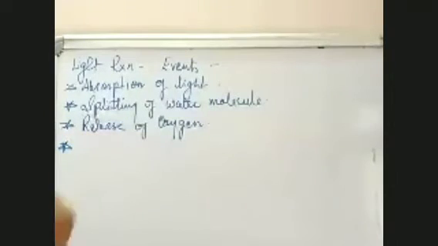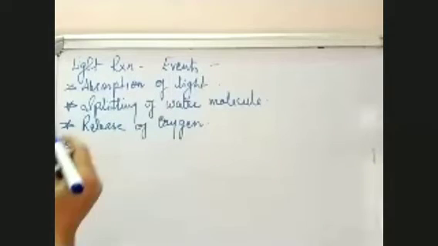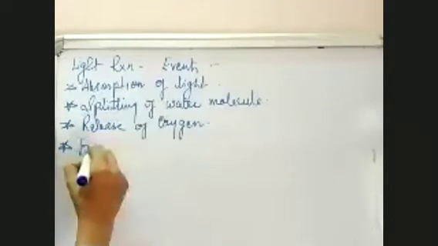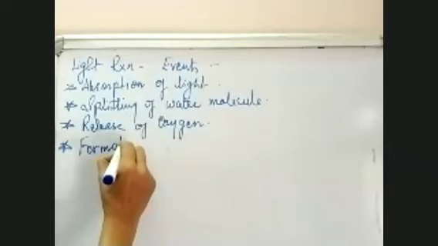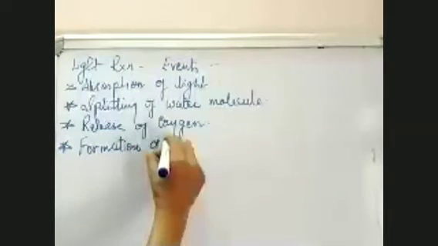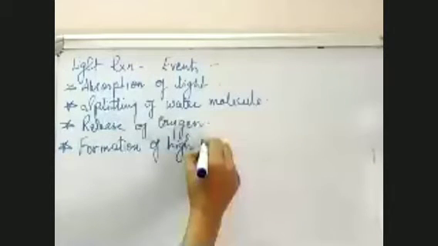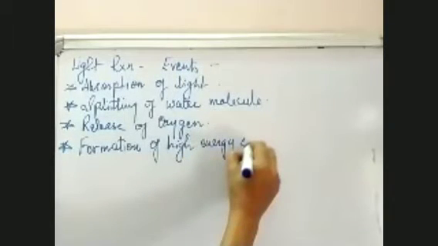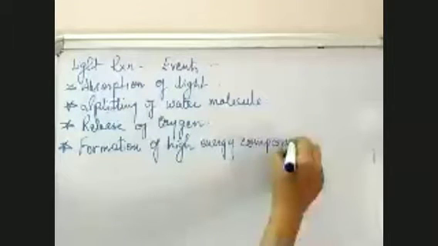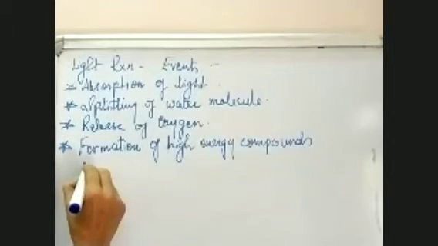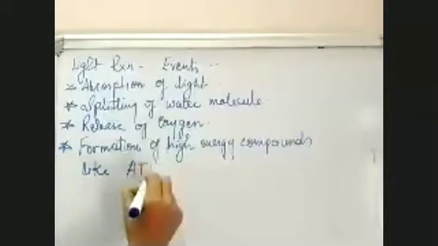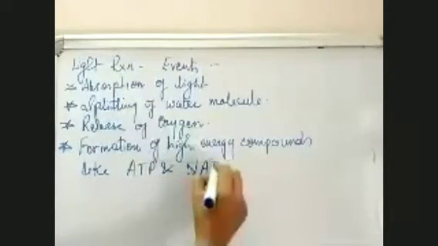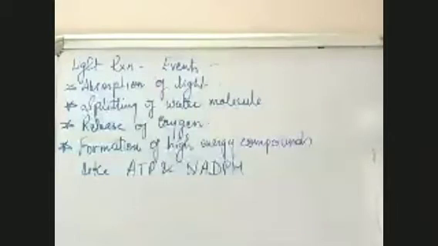And the most important thing on which the dark reaction depends is the formation of high energy compounds like ATP and NADPH. These high energy compounds are formed at the end of the light reaction. So these are the major events